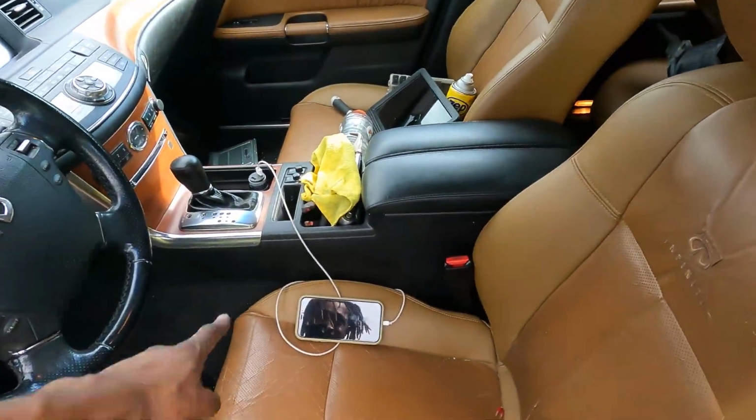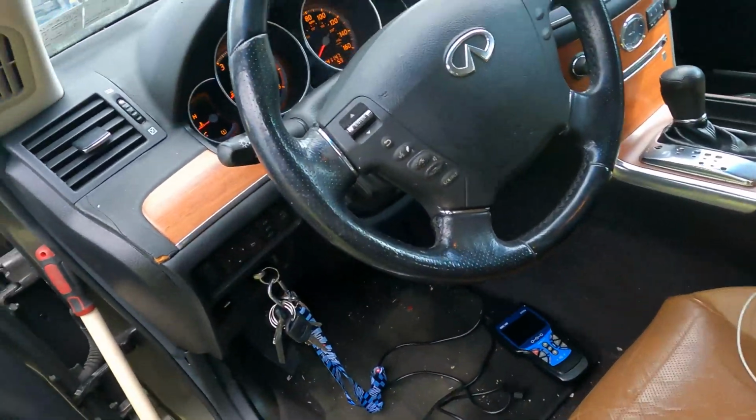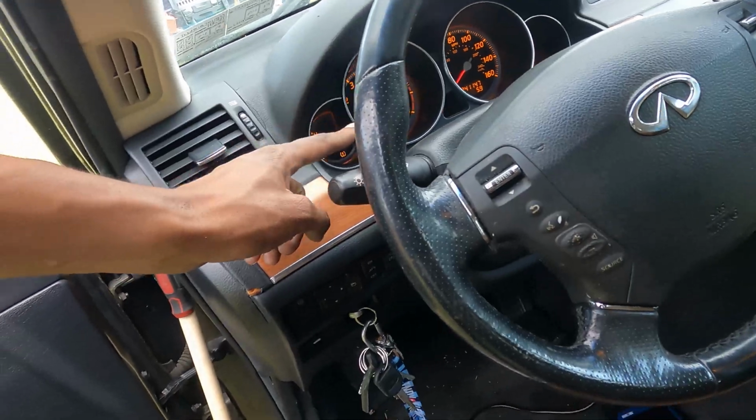I actually just found out that it has heated and cooled seats. The AC still works, blows cold. I was having an overheating issue. I solved that off camera as well, which I should have recorded. I'm just missing out on content, but I was more focused on getting the vehicle finished. So now that it's just about done, man,